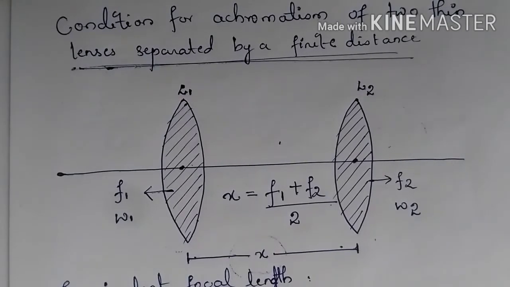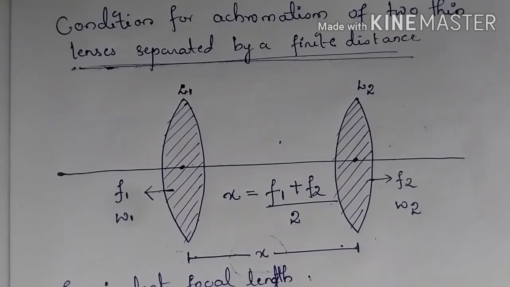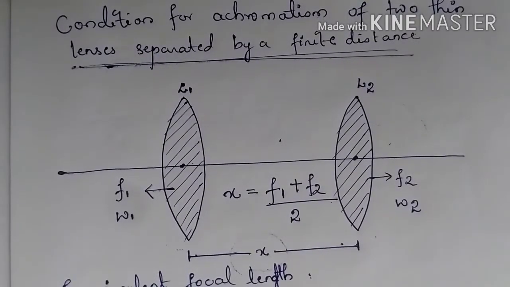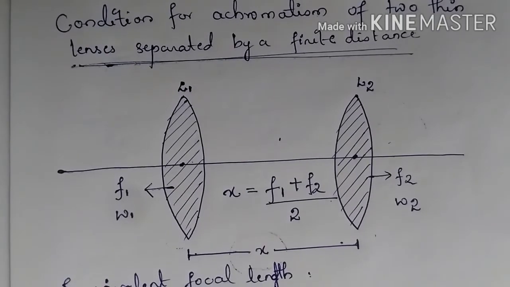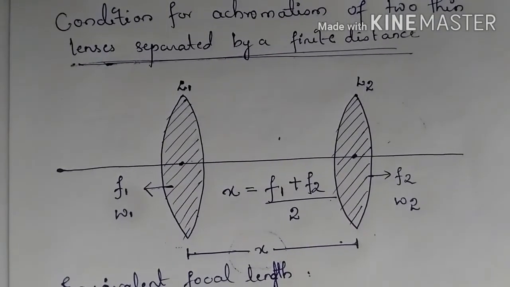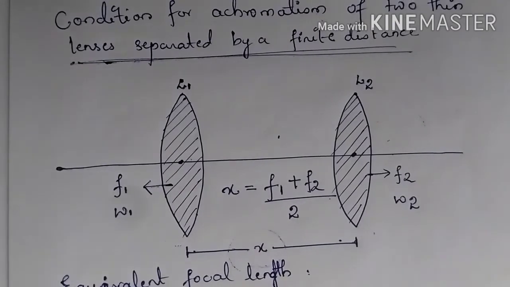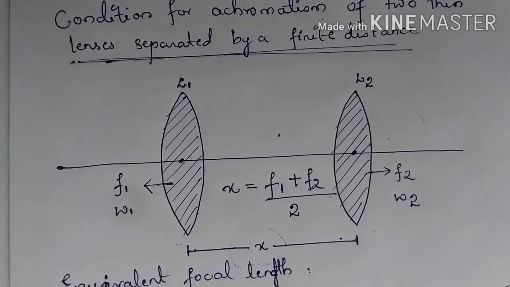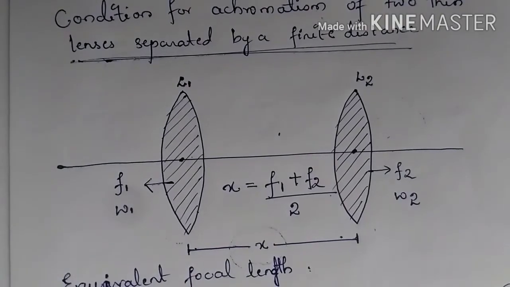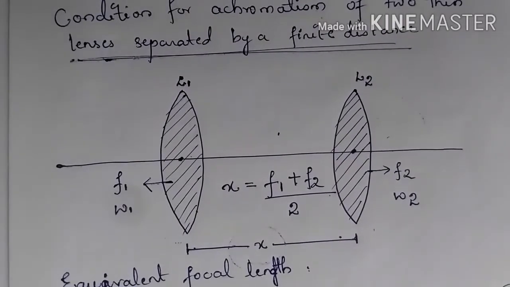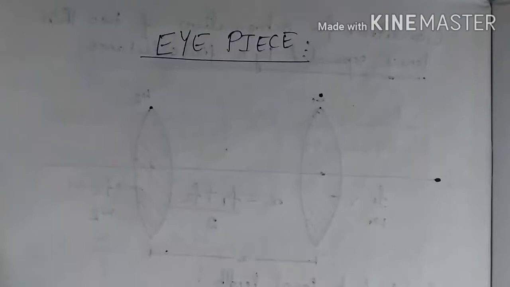And we also found the condition for achromatism of two lenses placed in contact. So this we learned in our previous lecture, wherein we got omega prime divided by omega is equal to minus f prime divided by f. So both these conditions and the derivations are important. So please try to understand them thoroughly, such that if any problems are asked on this section, then you can solve them easily. So next let us learn what is an eyepiece and what is Ramsden's eyepiece.